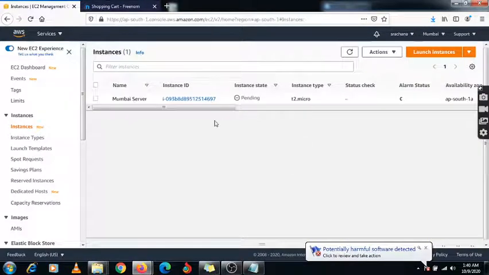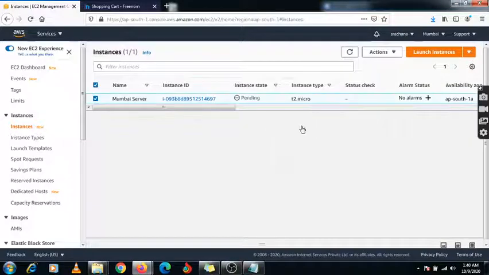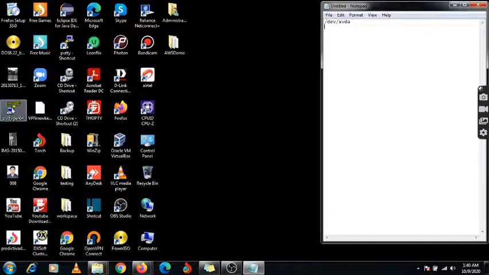Now my instance is going to launch, right? First I need to check the IP address of this Linux machine. This is my public IP address, so I am going to generate this key.